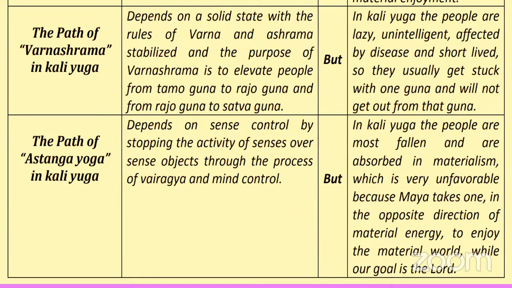So we need a government with Varna Ashrama. People should be practicing brahmacharya, grahastha, then vanaprastha, then sannyasa, then people should follow Kshatriya Dharma or Brahmana Dharma or Vaishya or Sudra. So like this, all the government should categorize all these people, and accordingly they have to rule the state.